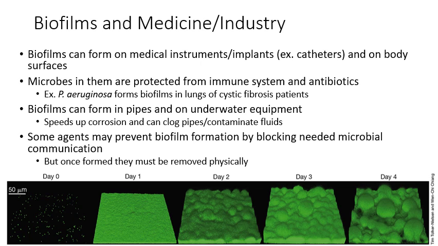Normally you should be producing mucus in your lungs that you then move up and out of the respiratory tract using the cilia on the cells lining the respiratory tract. But in cystic fibrosis, the mucus is so thick that it's hard to move it up and out, which means that bacteria can get trapped there. And if Pseudomonas aeruginosa gets trapped there, then it can prosper and form a biofilm, which is very serious